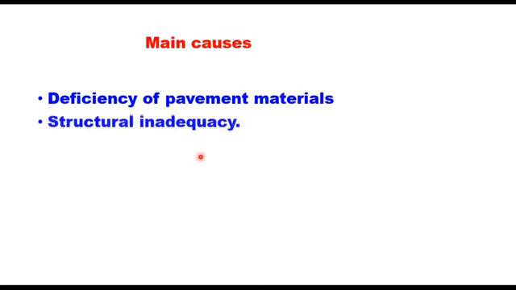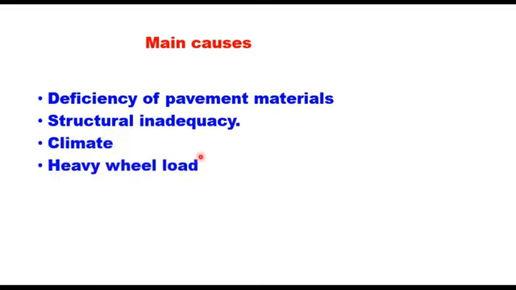Second is structural inadequacy. If the pavement system is structurally unstable, such as inadequate pavement thickness, inadequate subgrade support, poor subgrade soil, or incorrect spacing of joints, the rigid pavements develop various forms of structural failure. In addition to this, the climatic conditions and heavy wheel load are also sometimes responsible for structural failure of a